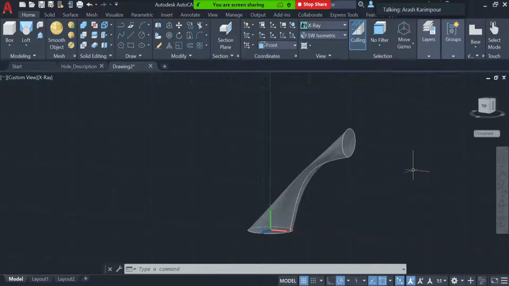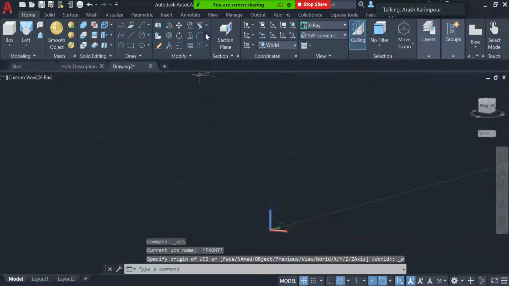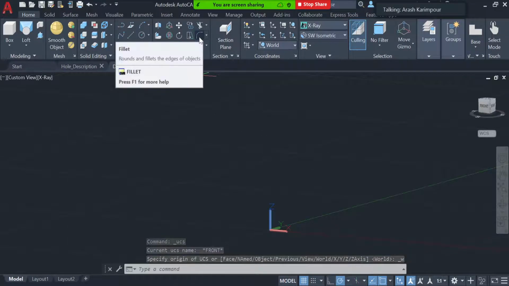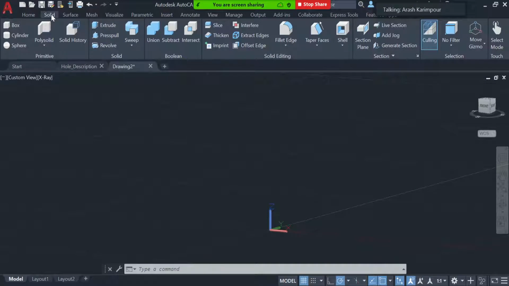The next command that I want to talk about is the fillet and chamfer. We talked about the fillet and chamfer in 2D and how they work, and this time I want to show them in 3D. So let me go back to the World coordinate system. In 2D, you have this fillet command sitting here and the chamfer command here, and we use them in 2D. We can use this also for 3D, and if you come here, click on the solid tab on the top,